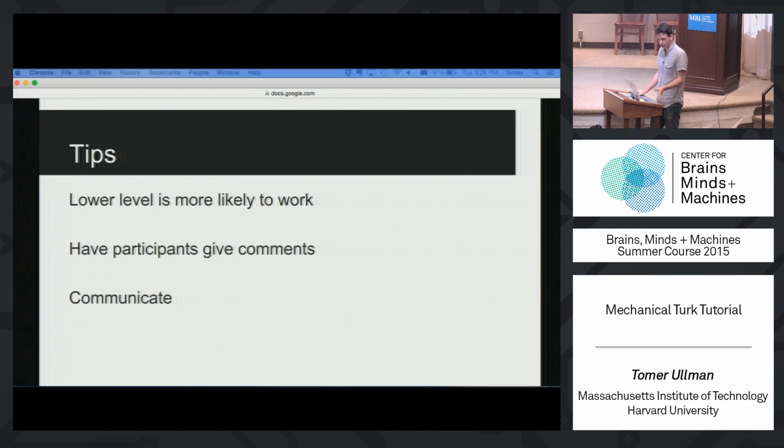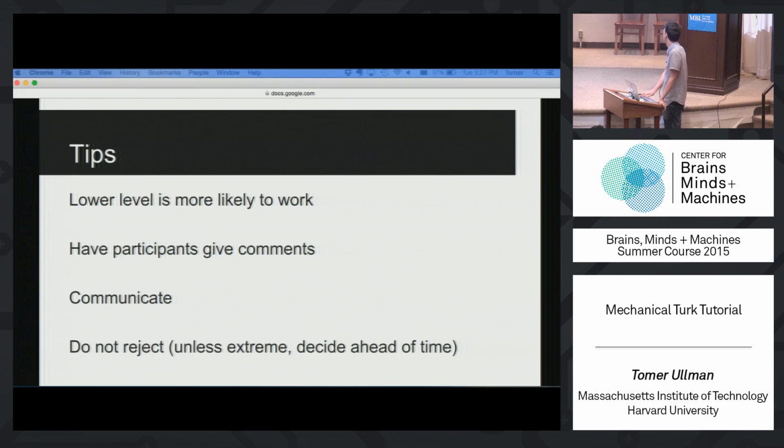You want to get good reviews on these things, and one way to garner good favor is to communicate. The other reason is because it's just a good idea. These are people in the public, right? You wouldn't think about not answering a question of someone who came into the lab and asked you something, right? Keep in mind, there are real people behind the screen. Make sure that you treat them as real people. I sound like I'm berating you or something like that. You guys have not been communicating and it's awful. No, that's not the point. I'm sure you all mean to do that. I'm just trying to emphasize it.